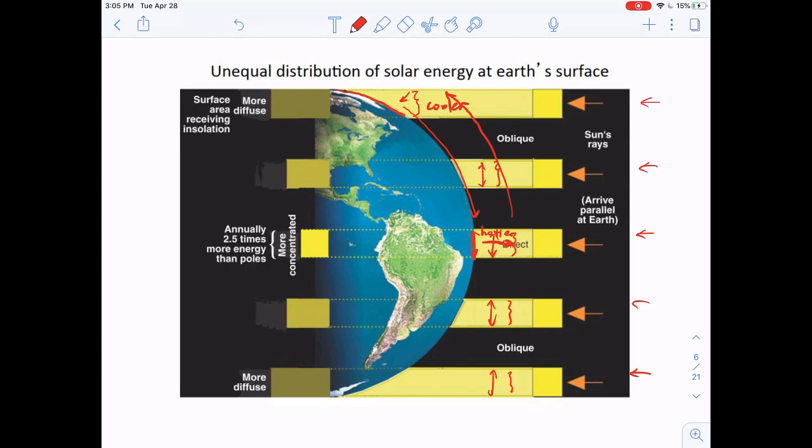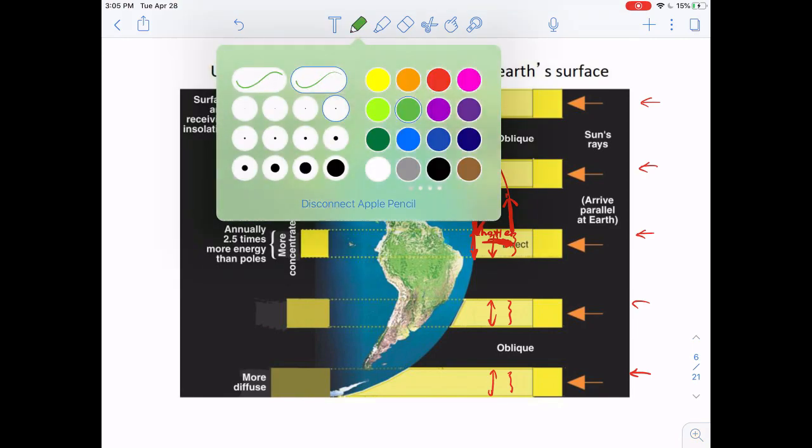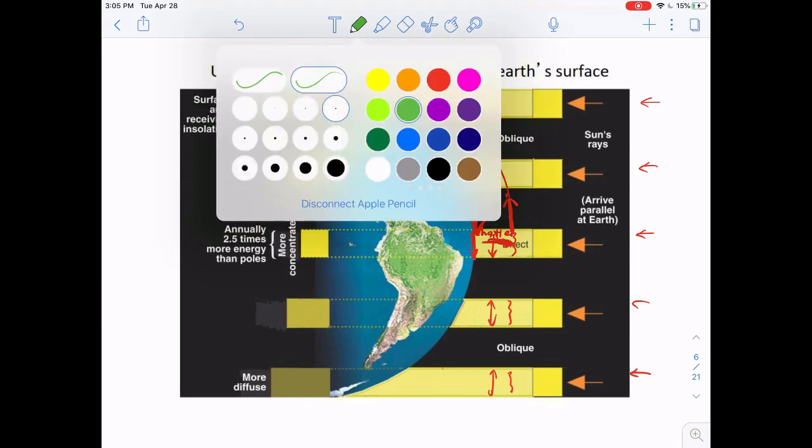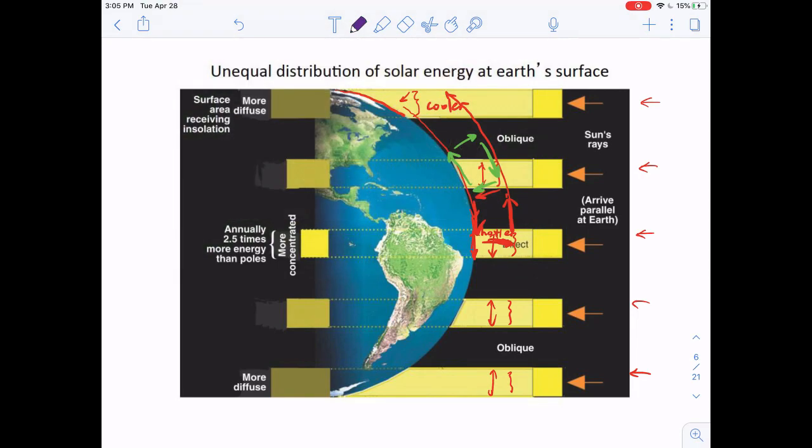So the first circulation is happening near the higher altitudes, okay? So the air will move this way, right? This is the first circle. And then we're going to have the second circle that's going this way. And then we're going to have the third circle